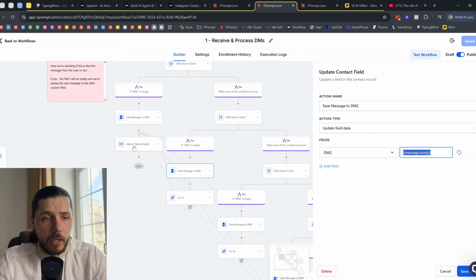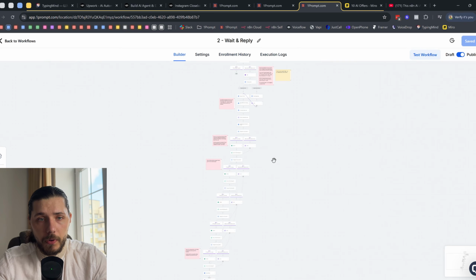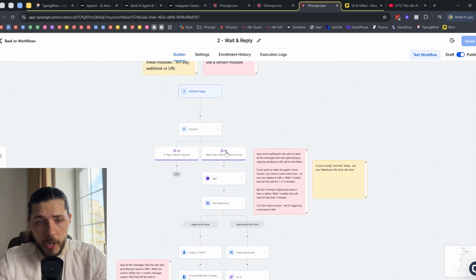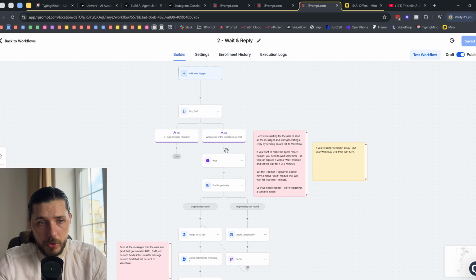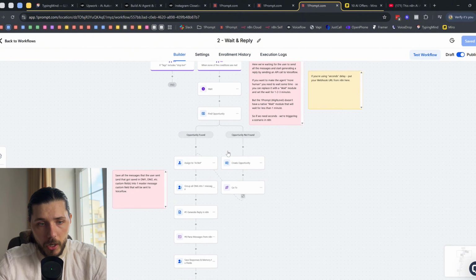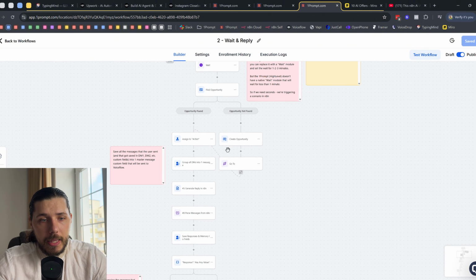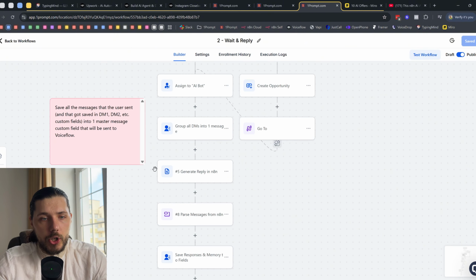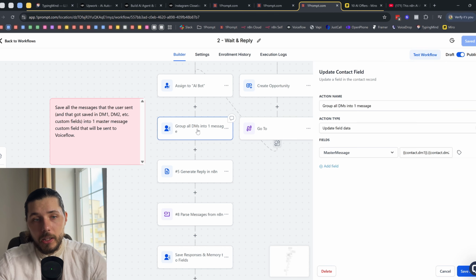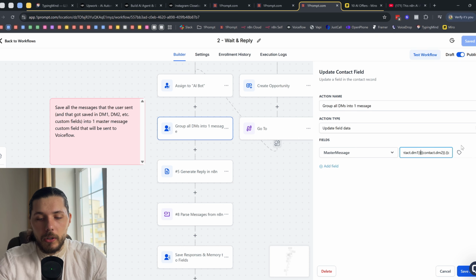All of these then transfer the user into the wait and reply. Here you're waiting for the user's message, okay? And then you are generating the reply. But before that, you're grouping the DMs. Let's say there's another custom field called master message. Within the master message, you're grouping DM1, and you can say dot, you can say plus, whatever.